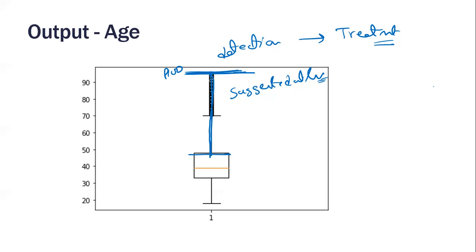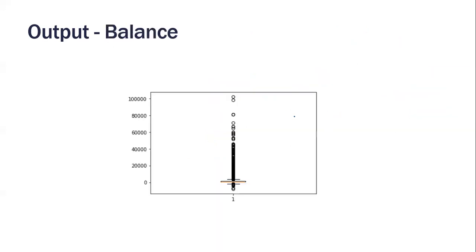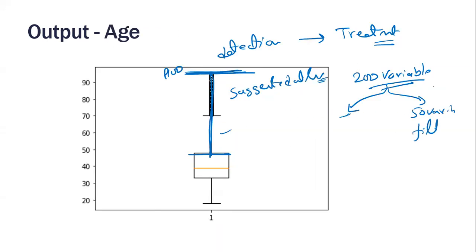Sir, is the box plot used only to detect outliers, or are there any other purposes as well? The main purpose is to detect outliers or to get an idea of the overall distribution. You can get a quick summary. Suppose you have 200 variables. Doing the percentile distribution of each and every variable may take a lot of time. Within 200 variables, you quickly create all the box plots. Some variables will look good, and you can ignore them. Suppose 50 variables show extreme box plots like balance. Then we shortlist them, filter those out, and do the treatment. That is the major use of the box plot.